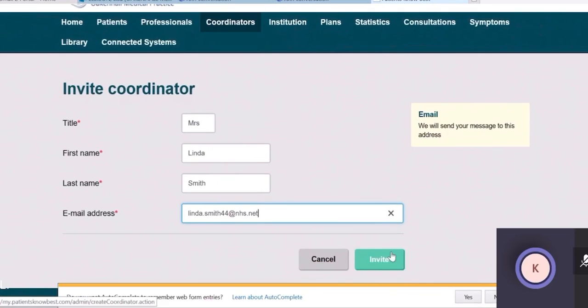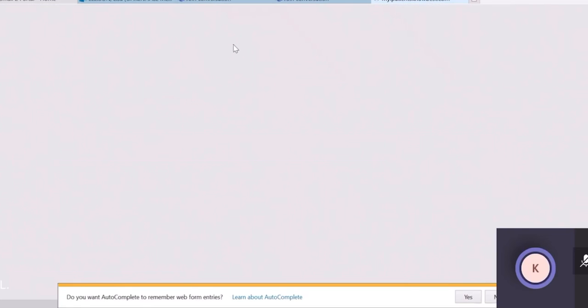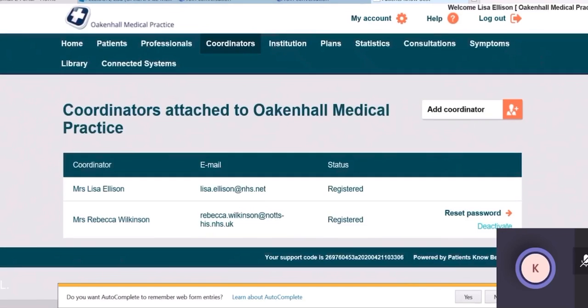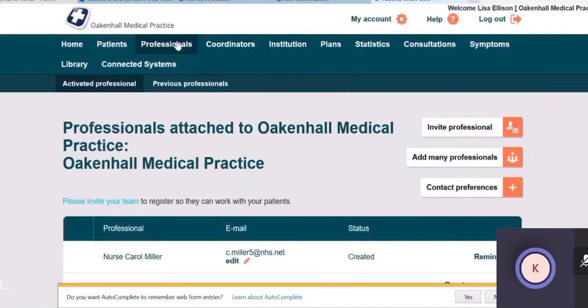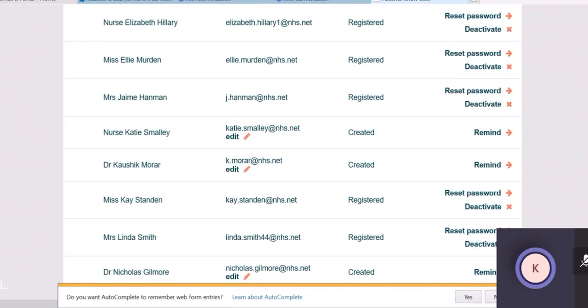Okay. Oh, she's already registered, but not as a coordinator. You know what? I might have done all this for all my staff already. If you click on Coordinators tab, let's see. So we've just got Lisa and Rebecca at the moment. If you click on the Professionals tab, just top to your left, that's it. Yeah. Okay, if you go down, right, okay, so you've added quite a few